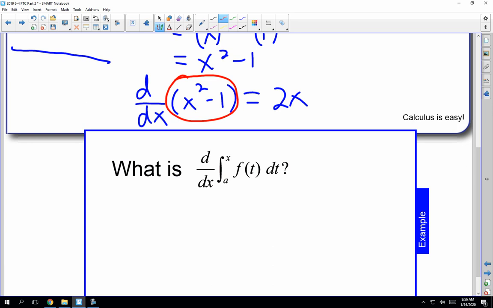So what is, in general, d dx of the integral from a to x of f of t dt? So even if you can't find the antiderivative, you can still evaluate the derivative of the integral. Now a must be a real number, okay? And it's going to go from some real number up to x. And it doesn't matter what real number it is because that only makes the function differ by a constant, and the derivative of a constant is 0, so it would exit out. So in general, you need to write this down, d dx of the integral from a to x of f of t dt is equal to,